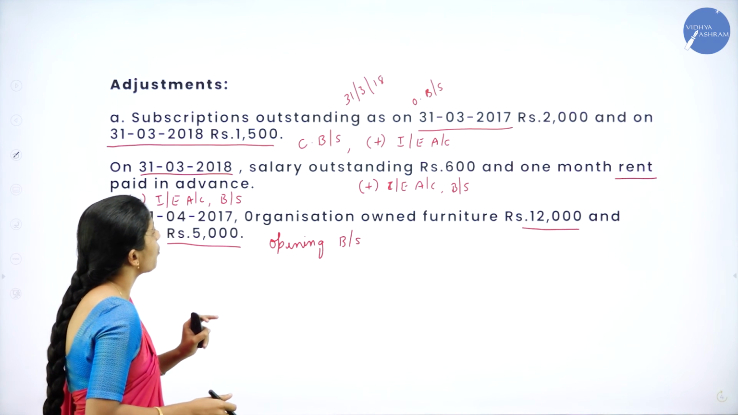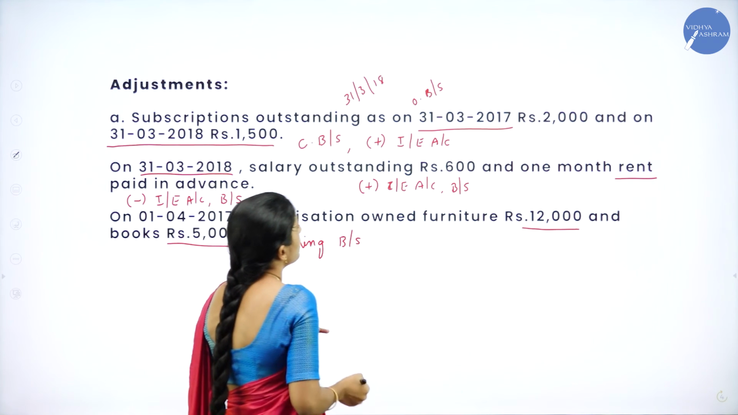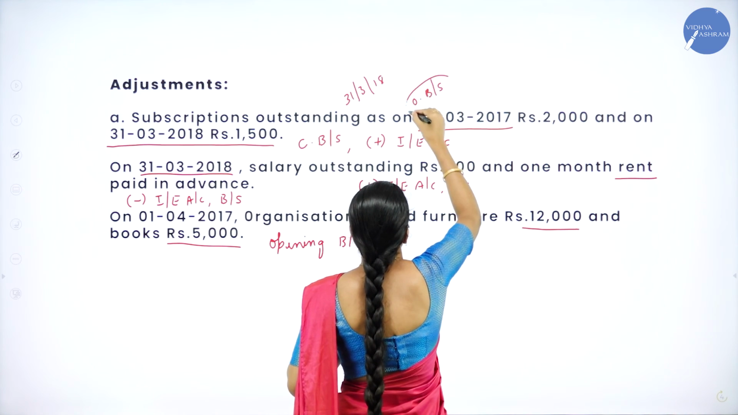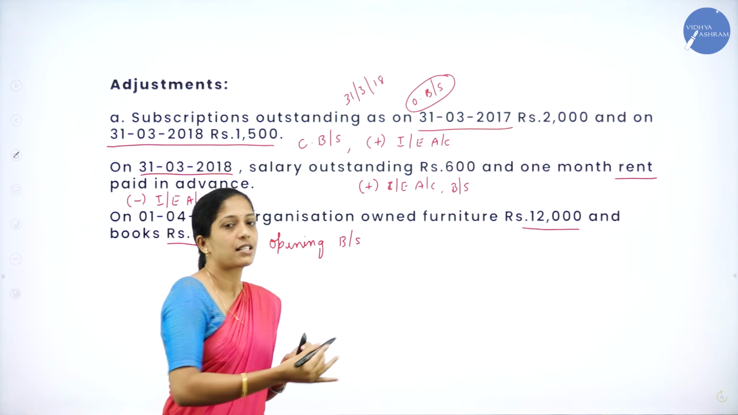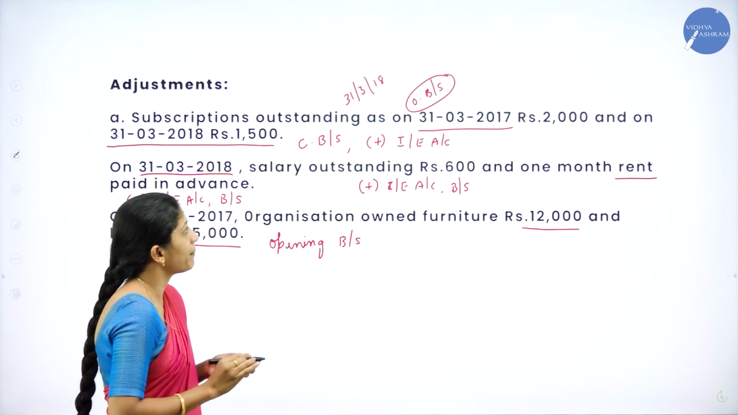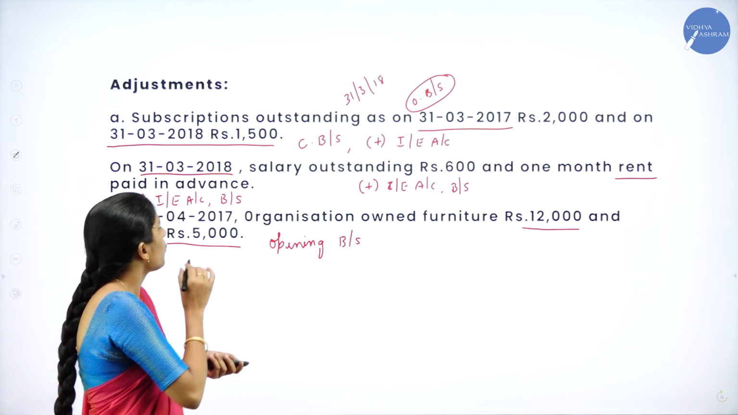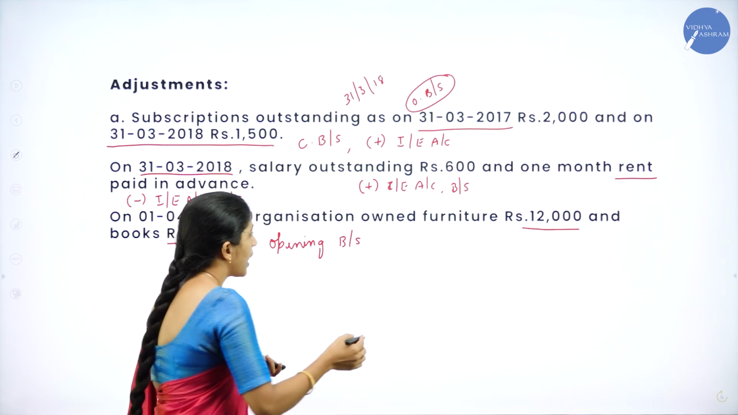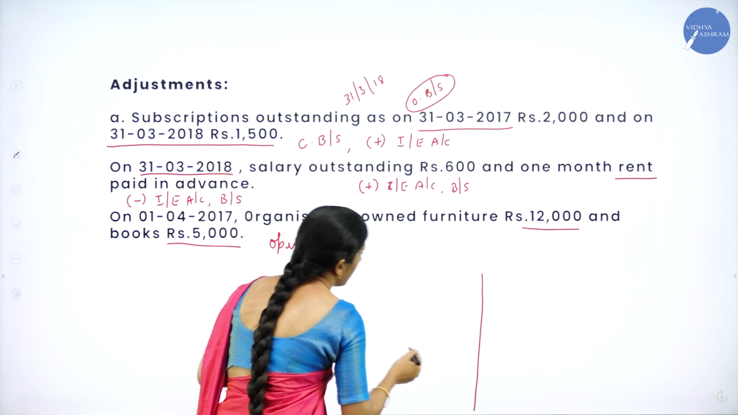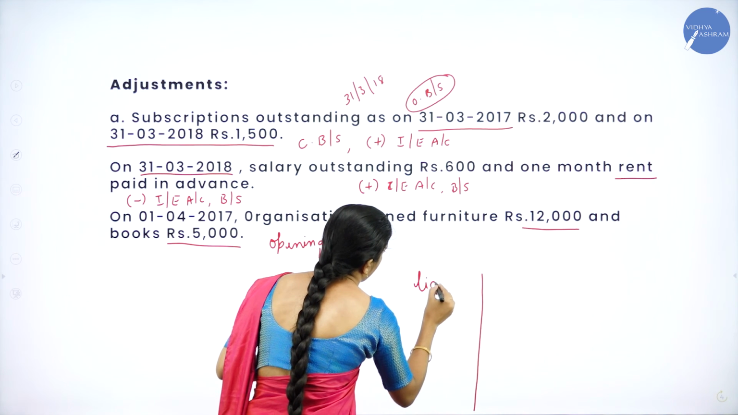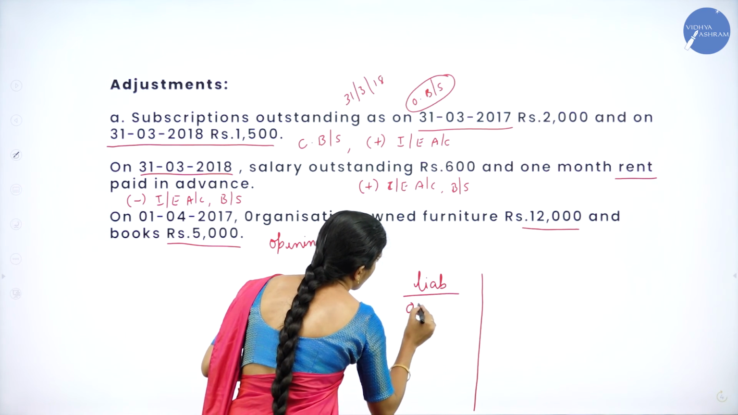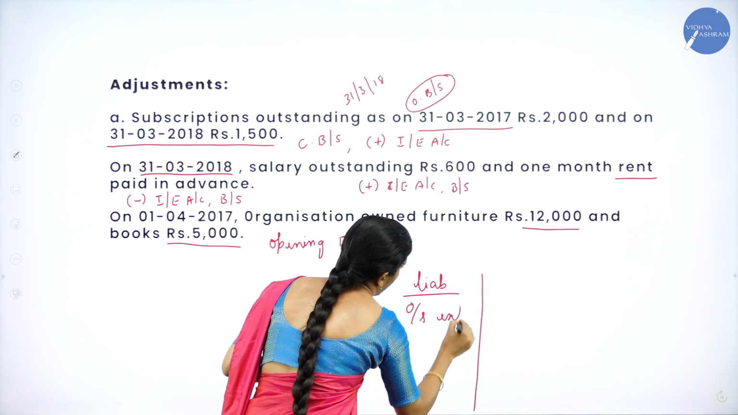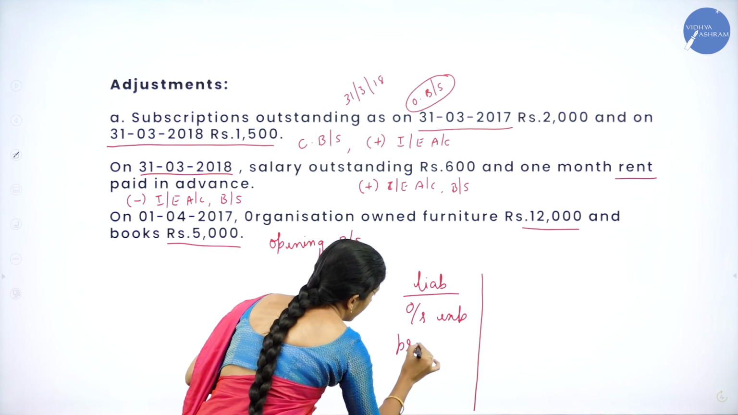Subscription outstanding as on 31st March 2017. As I told, it belongs to the previous year, so it comes under the opening balance sheet. Now we shall record. What is subscriptions outstanding? That is outstanding income. As I told, under the liability side we are having outstanding expenses and prepaid income,